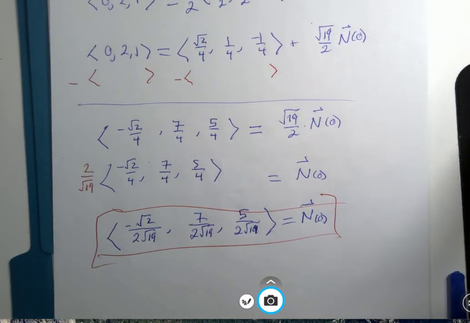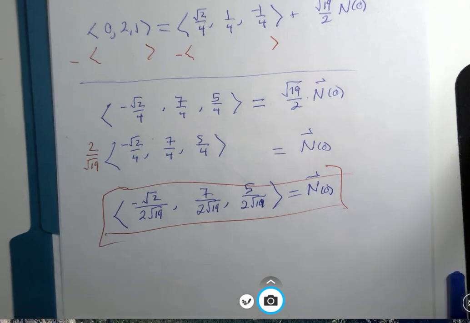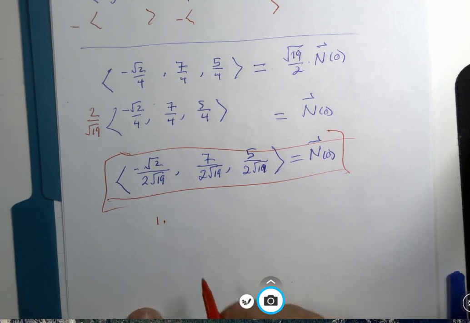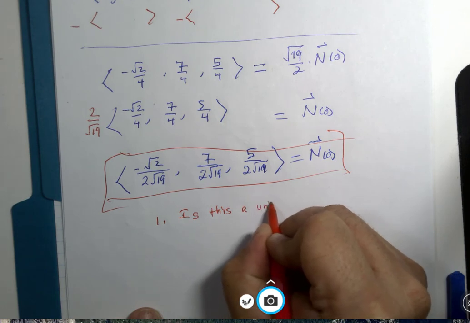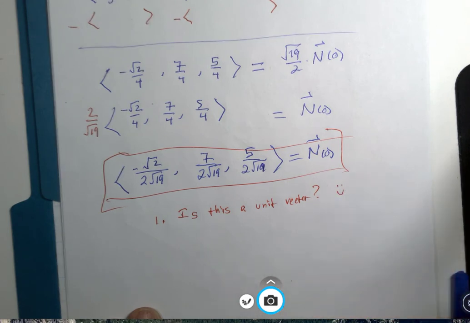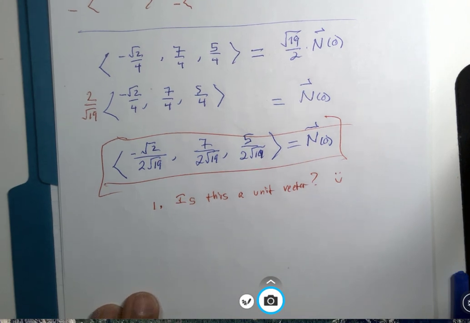Oh my goodness, I'm off the paper here. You've probably been waiting on me. My apologies. Now, before I wrap it up, I have 2 things for you to try to do. All right, ready? Your assignment. 1. Is this a unit vector? Question mark. It will be. It's not too difficult of a calculation. Try it. Second,